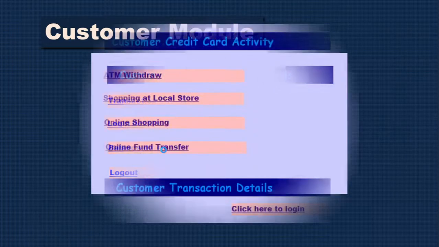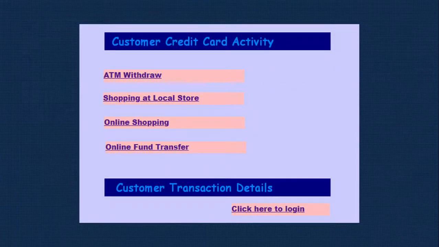There is also one more module, the general module. We need to prove this, so you need to show it. If someone is trying from outside the system: what we discussed earlier was inside the system, and this is outside the system. Someone from outside tries to log in, or tries to transfer money, or wants to do some shopping and tries to pay using this card. These are things that will happen outside. So we need to provide that also in order to check this particular project. That detail will be reflected in the admin as well as in the customer.